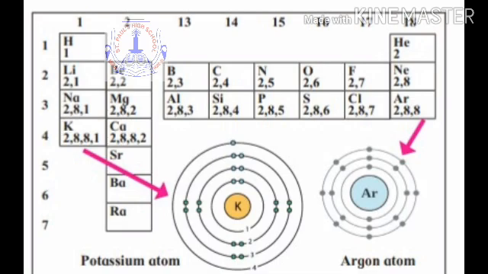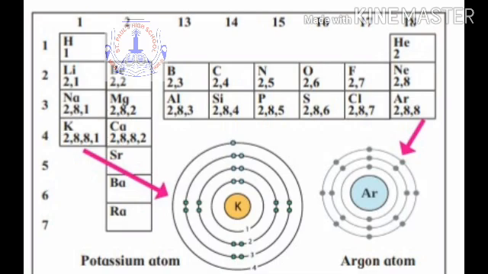Now when we go across a period, you don't find this similarity there. Suppose for example period number 2: lithium, beryllium, boron, carbon, nitrogen, oxygen, fluorine, neon. Lithium is a very good metal. It is highly electropositive. Very soon it loses that one electron and becomes a positive ion. Beryllium will also lose those 2 electrons and become a positive ion, but not as good as lithium. So what do you find here? That as you go from left to right, the tendency to lose electrons goes on decreasing and the tendency to gain electrons goes on increasing.